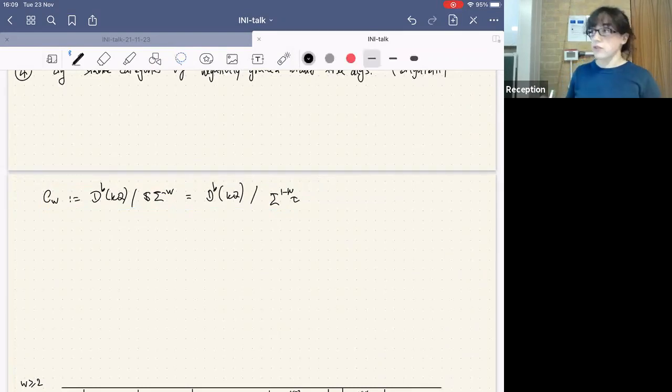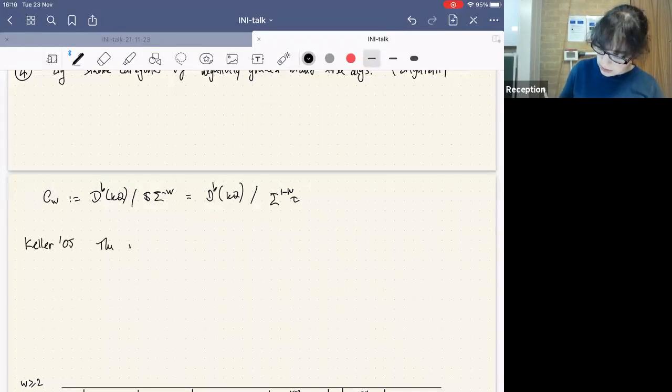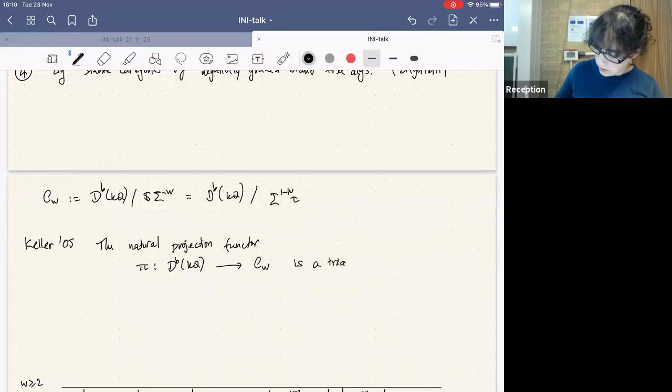So as I've said, these categories are triangulated. This is a result by Keller back in 2005. He says that the natural projection functor, which I denote by pi, from the bounded derived category to this orbit category, is a triangle functor, which induces